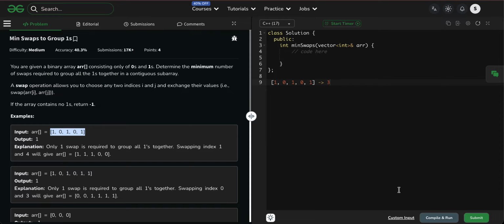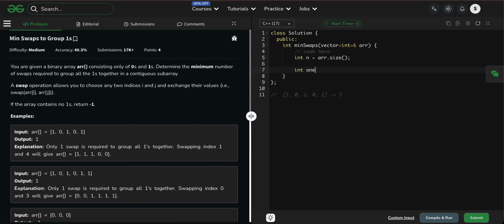So let me write the brute force code, how it will work. We have int n equal to array dot size, and then int ones equal to 0. For int x in array, if x is equal to 1, then ones plus plus.